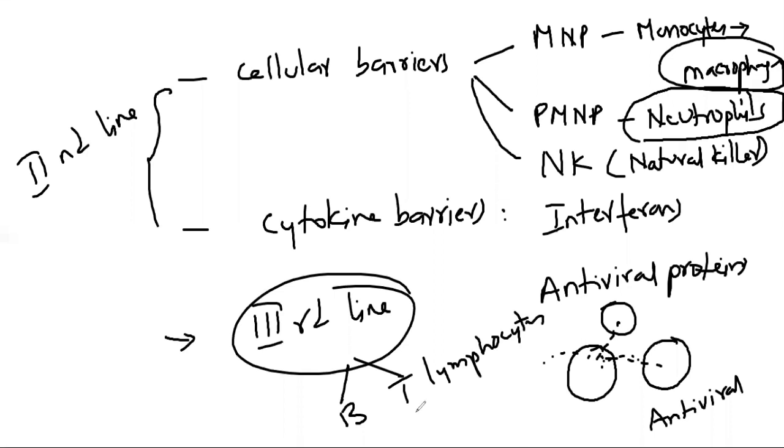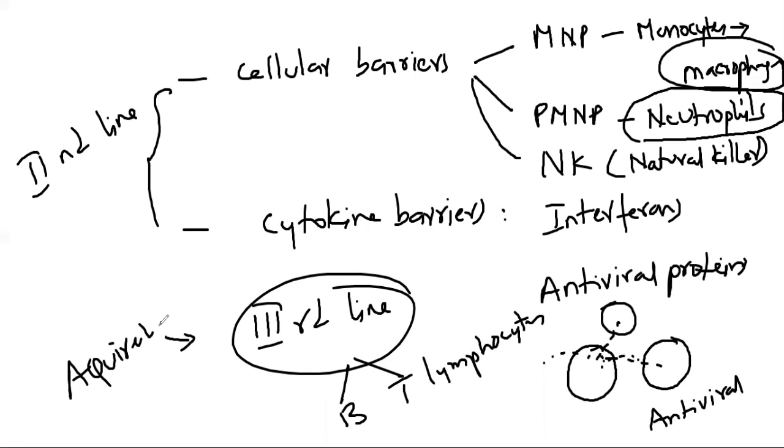Now, B and T lymphocytes are involved in the third line of defense. Of course, this is also called acquired immunity. So the first and second lines come under innate immunity, and the third line comes under acquired immunity. Now before we go to the acquired immunity,